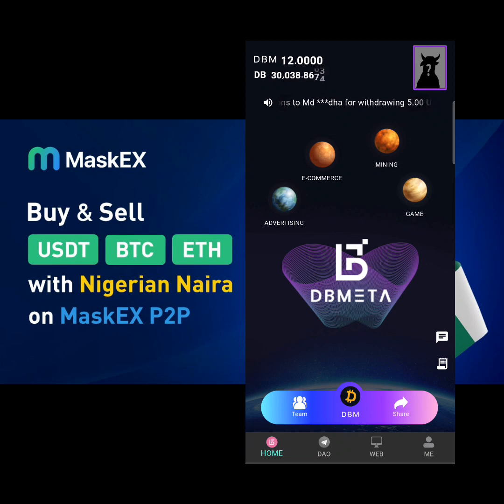Now look across here, guys. See here. So in this place, you can see something that is going on here. What you are seeing there is mining. I'm mining as we speak. Remember, I'm not even using this phone, but it's mining for me. Okay, so then to mine more,